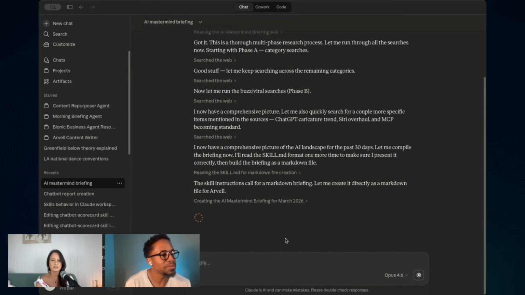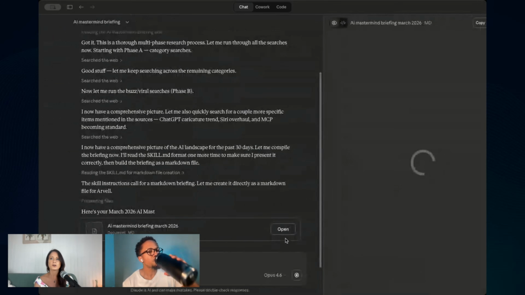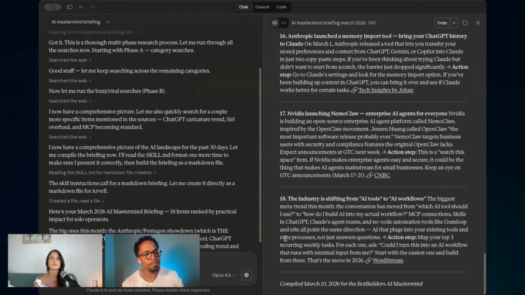I love this. You did say that you are trying to put together three new skills a week. If someone was a content creator, what are some examples of things they could put together to have automated and running in the background? As you said, while you're sleeping, it could be doing XYZ. What are some of those that content creators could create?